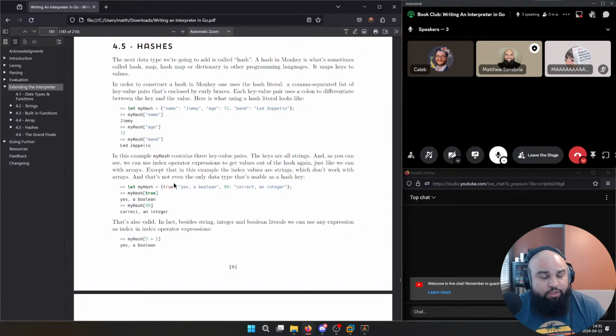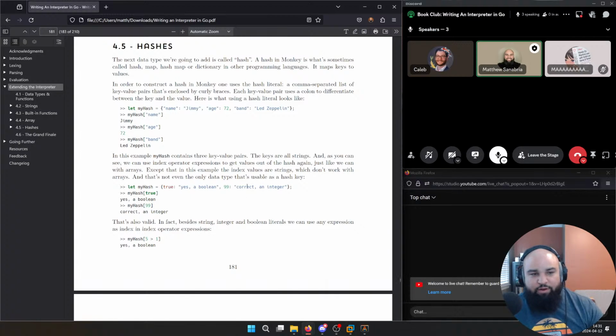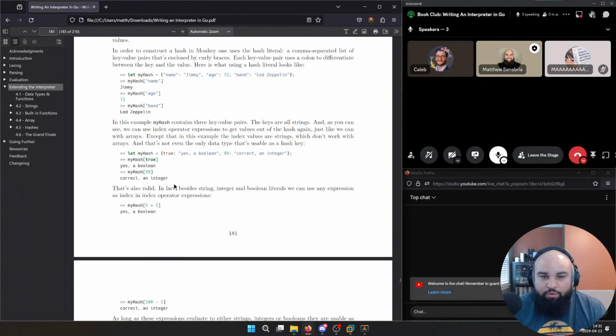Hash maps. So hash maps are interesting because we know what they are, right? We know that they're a map of keys to values, and the keys have to all be unique. But the author said, hey, I don't want just string keys because that'll limit my map.